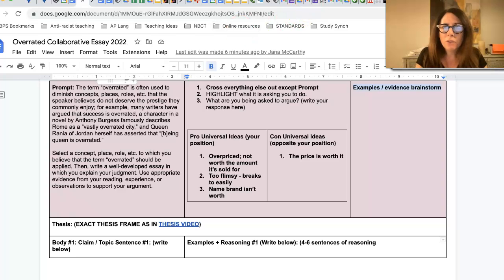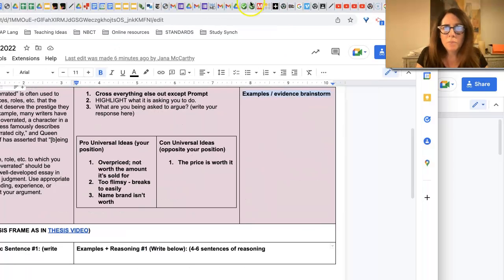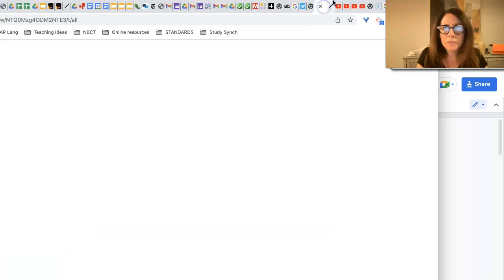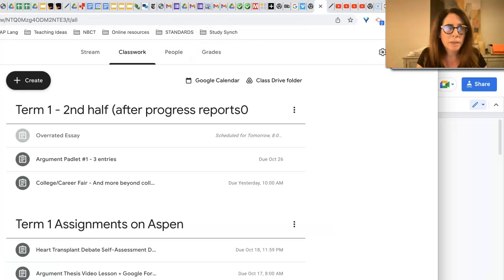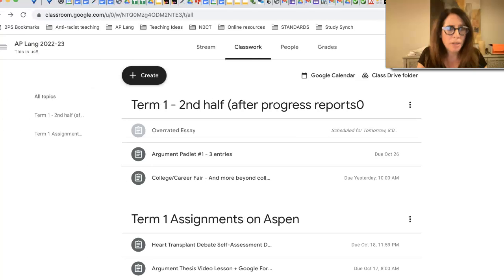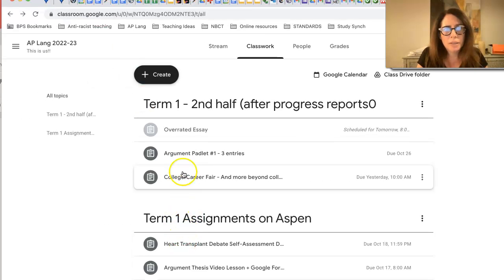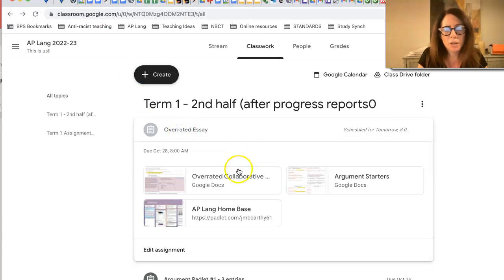This prompt can be found on Google Classroom. So if you go into Google Classroom, it is linked in as the assignment right here. You're going to see it once it's published here. And you'll see three different documents linked into this assignment: the actual organizer sheet, which is what I'll show you, but there's an argument starter sheet and then our AP